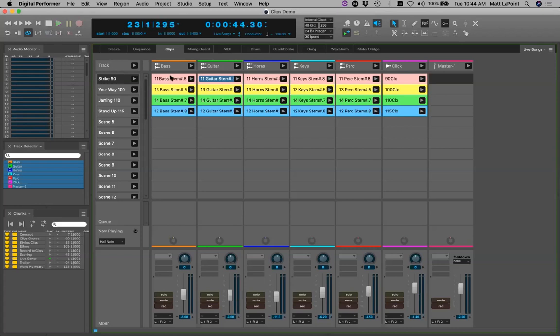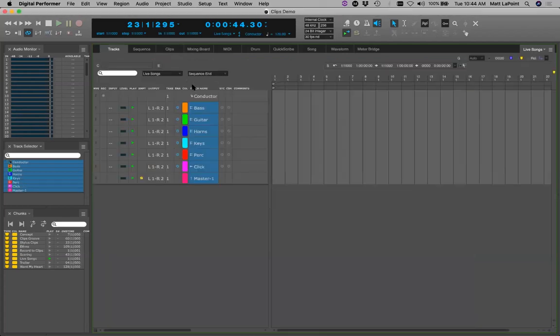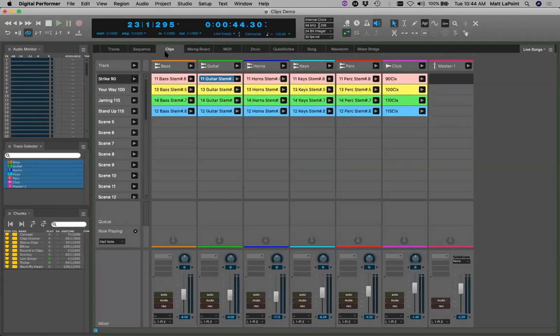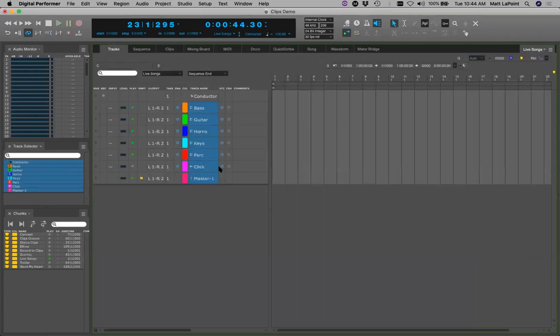So I've basically taken and copied into each of these. Now look, what's cool is each of these has its own tempo. And I want to make sure you see that stretch is turned off, so that whenever we're in clips, we don't have to follow the tempo. In fact, we wouldn't want to follow the tempo. But what's pretty brilliant about this program is that if I wanted to, I could actually have them all play at the same tempo. So if I did turn on stretch, now all those examples in clips,